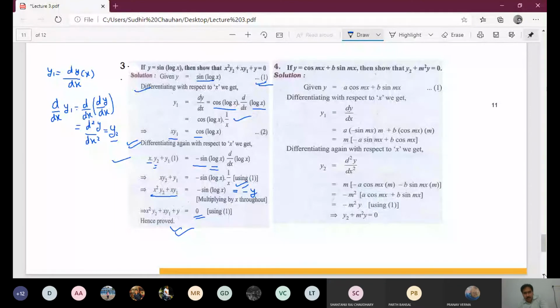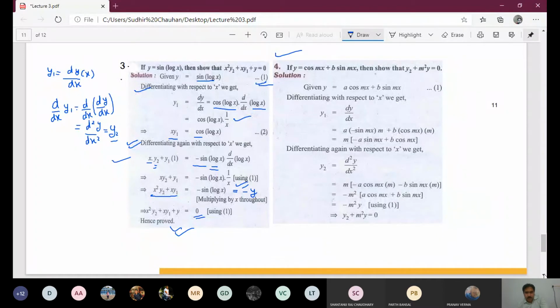Similarly, we can do question number 4. If y is equal to a cos mx plus b sine mx, then show that y2 plus m square y is equal to 0. Now, given that y is a cos mx plus b sine mx, differentiating with respect to x, we get